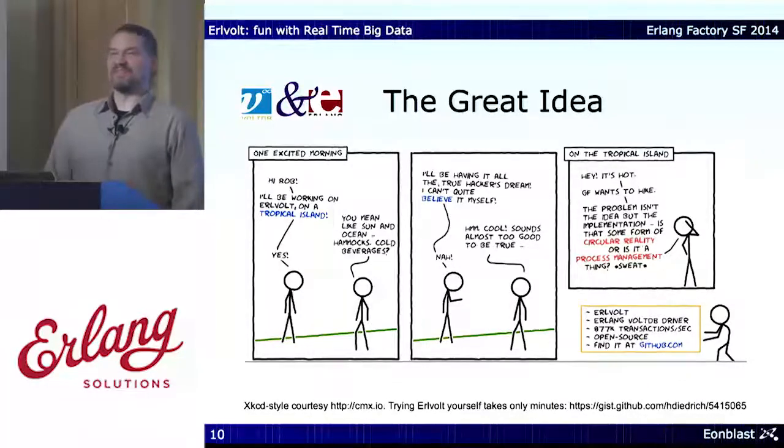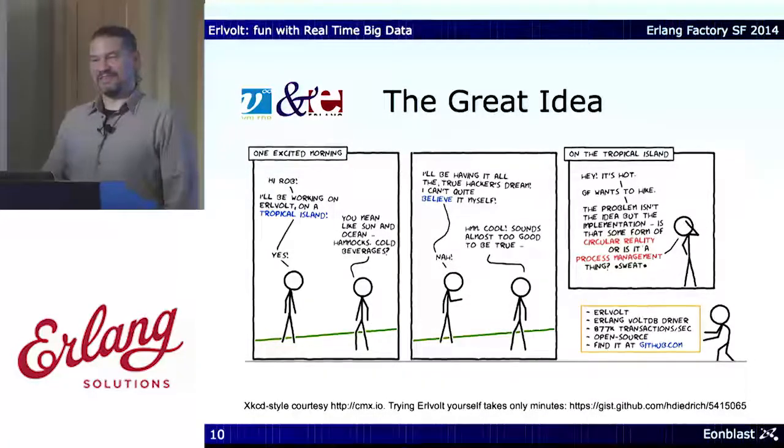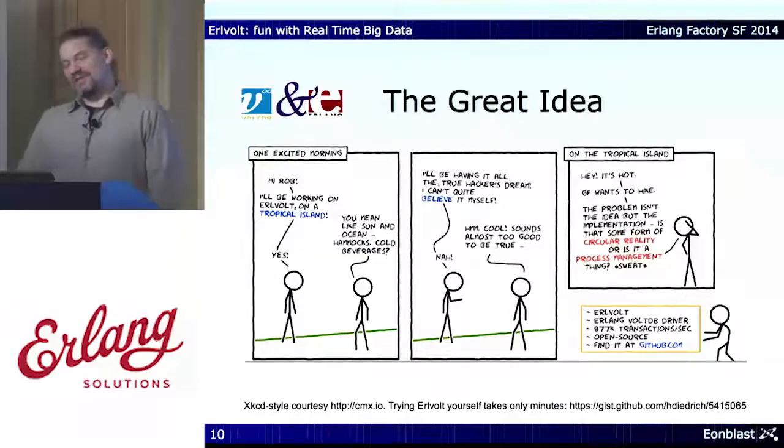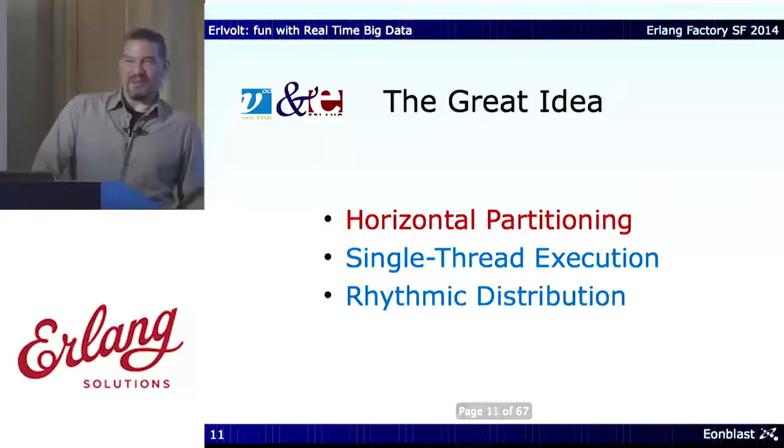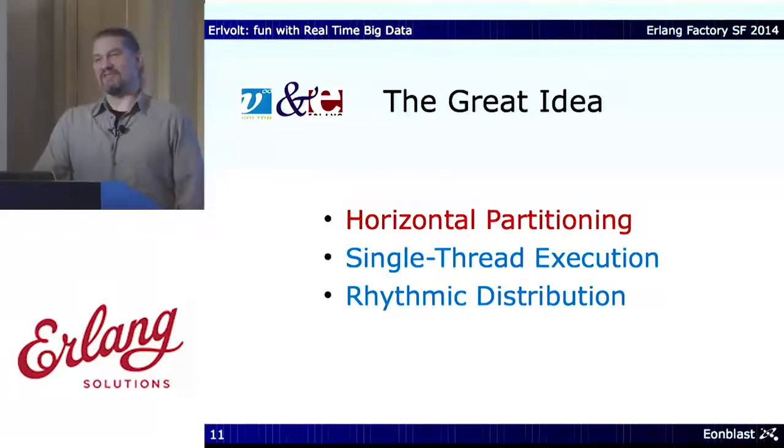Because VoltDB, of course, was also founded on a great idea. And when they started out, it was probably a given that it should be a database that is doing the best that's possible with horizontal partitioning. And that was just set out at the start. And then they had something there that was single-thread execution, that for Erlang, we all know very well how to work with, just working on the fact that a single thread cannot raise itself.